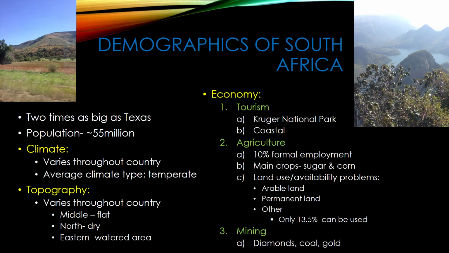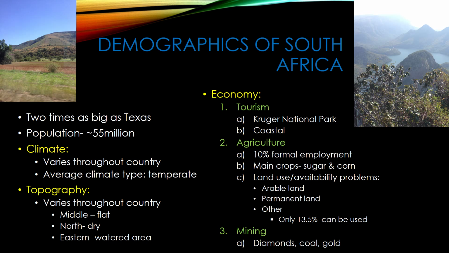In the mainland it is semi-arid. On the eastern coast it's mainly subtropical. Overall, the average climate of South Africa is temperate. Due to the variation of topography and the oceans, the range throughout the country is such that up in the northwest you're going to have a more desert climate, more dry heat, but on the eastern seaboard you're going to have a more subtropical climate. And the winter is during June to August.